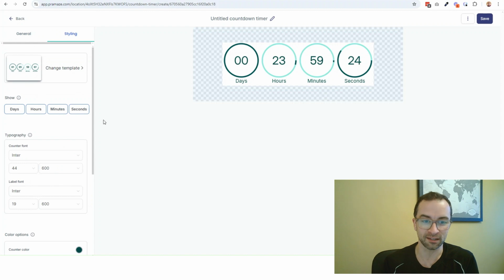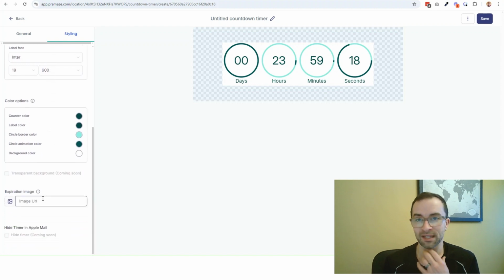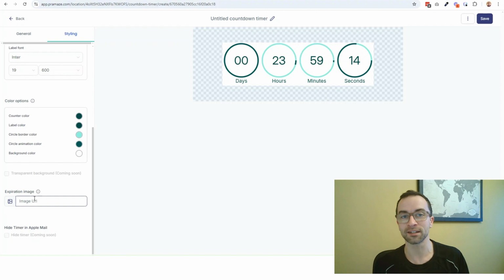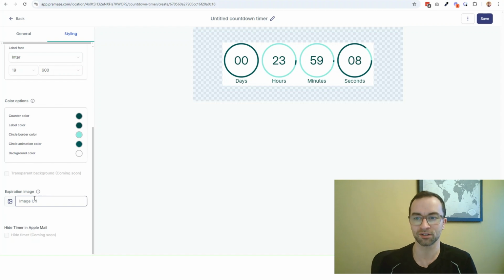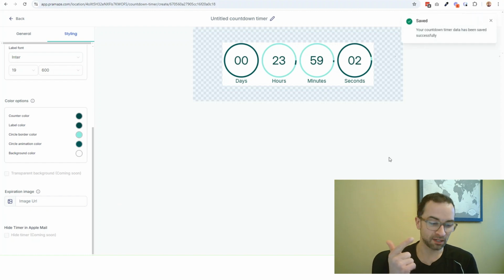You can change the styling here to say whether it says days, hours, minutes, or seconds, and remove any of those. Change the fonts, change the colours, make it exactly how you want it to be, and choose what image is going to show once the countdown timer has gone. So maybe a big image that says you missed out, better luck next time, or check our events page, etc. Once you've made these changes, amendments, click save, and you can use them in your emails, your websites, your